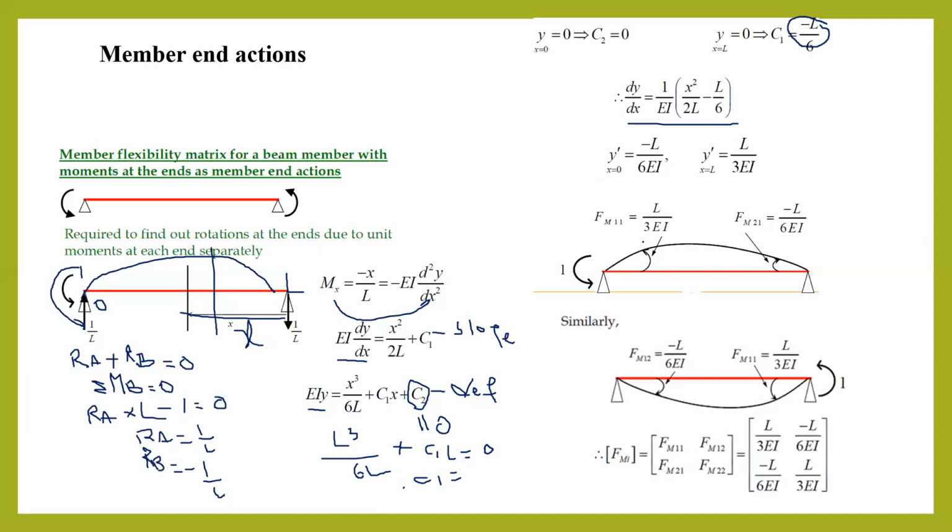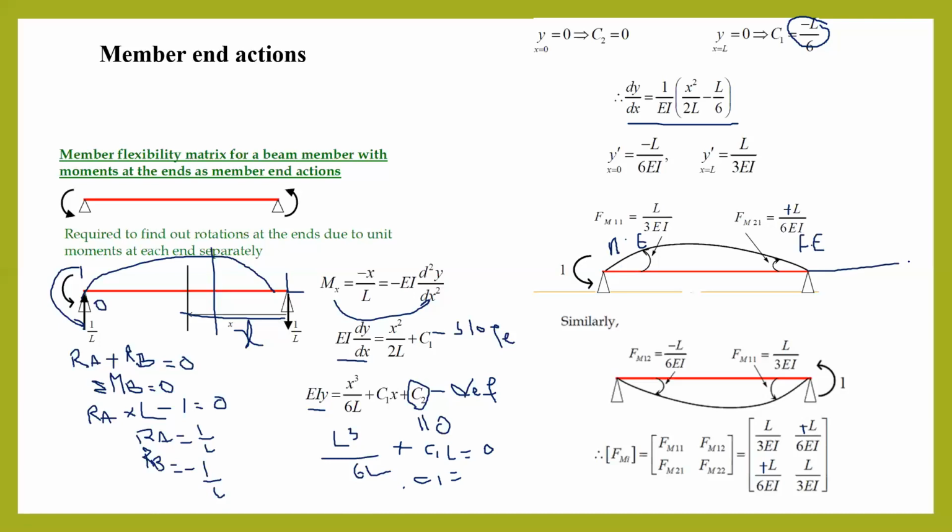Correspondingly, you are trying to get the values of flexibility coefficient. So L by 6EI, L by 3EI. So L by 3EI, L by 6EI. So remember one simple thing, that this can also be considered as plus depending upon the direction we choose in order to avoid confusion. So near end. So when you take 1, this is near end, and in this near end we have L by 3EI. And for far end, you have L by 6EI.